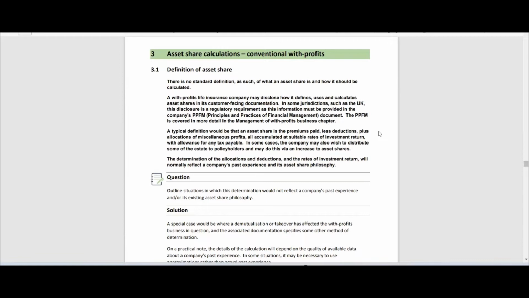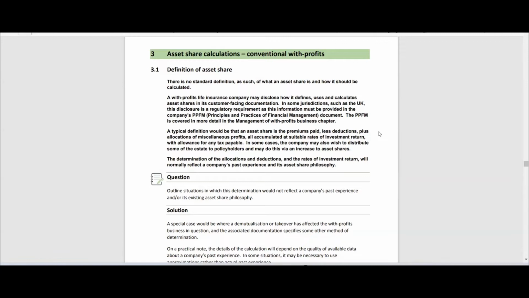Now, any discussion of with profit policy starts with asset share, and I think most of us probably know what asset share is. Asset share, as per me, is a fund, right? Suppose you have issued a policy on say 1st Jan 2021, and today is 24th of July 2022. Whatever fund has been accumulated with respect to that policy, because of the premium, because of the investment income, because of n number of other things, that is actually the asset share. Although it does not represent the actual asset share, you kind of get the idea that the fund that has been accumulated is the asset share.